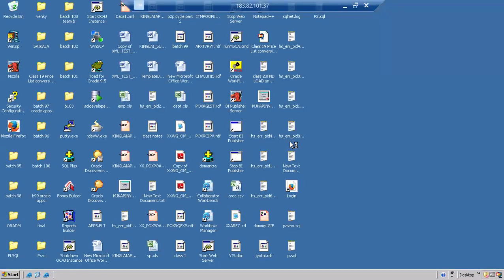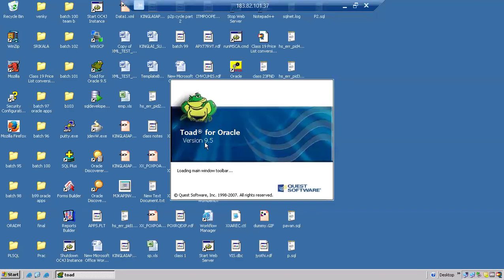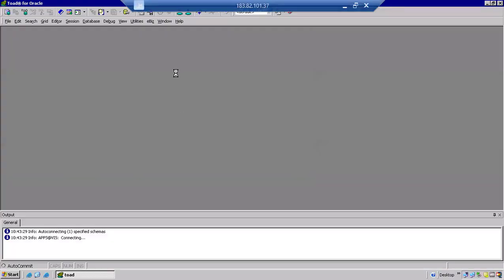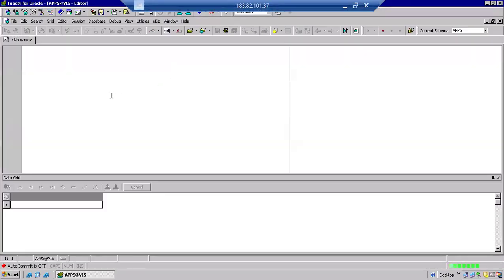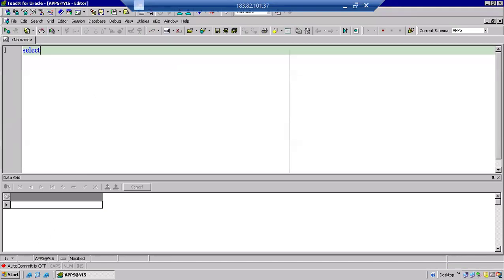So we can connect to the Oracle applications server like this. In the office also, you will connect like this only. Some IP address they will give, remote virtual desktop. Then immediately what you have to do, you connect to this Toad. Toad is abbreviated as Tool for Application Database Activity. You can first type this query, select star from,